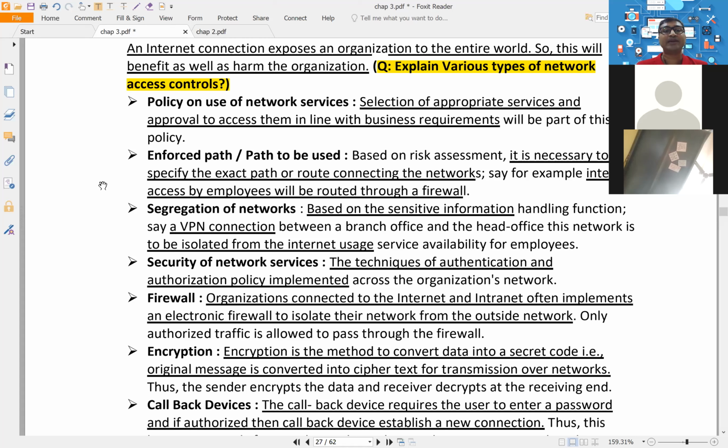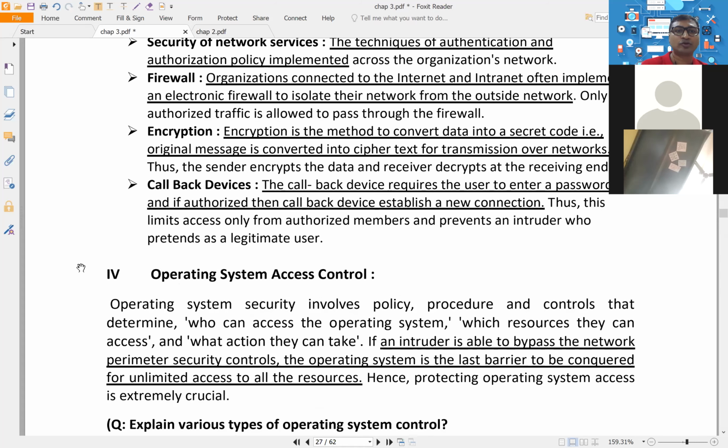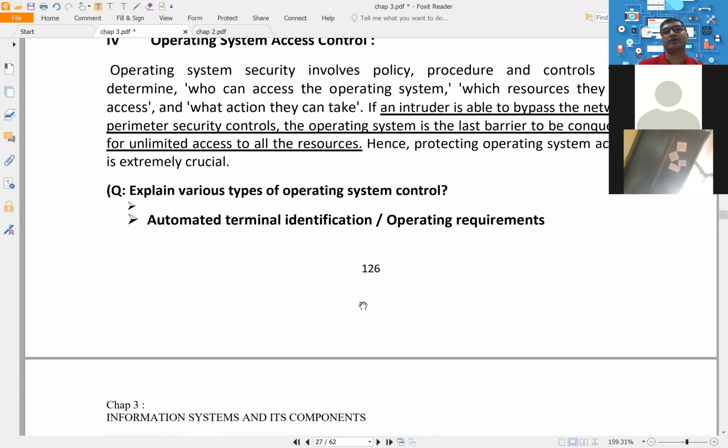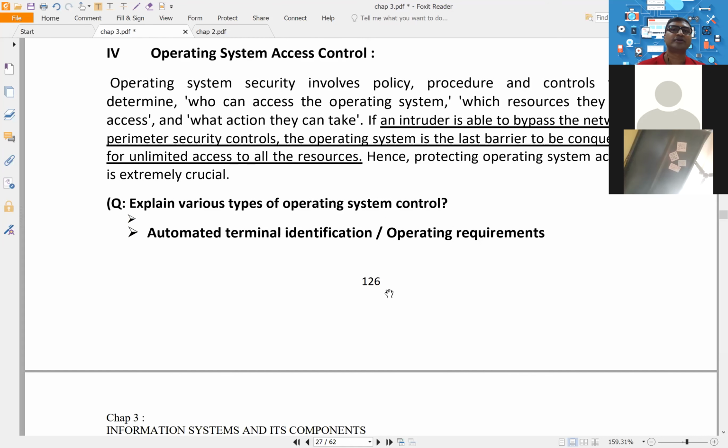Correct? We should implement username and password. We should implement encryption, so that even if our data gets hacked, no one can actually see what data we have sent. And then there is the most important thing, callback device. Identify the correct users, that our own users are actually going to access the data. That is what callback device means. Okay. But we know that any controls will give us reasonable security. Correct? Not absolute security.